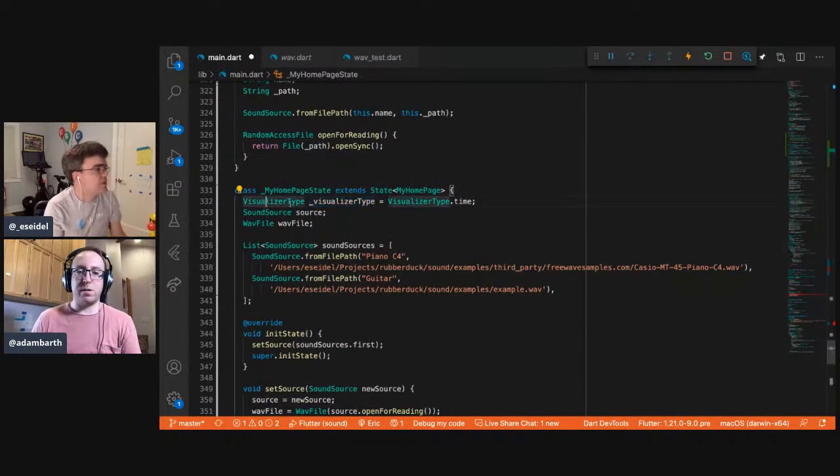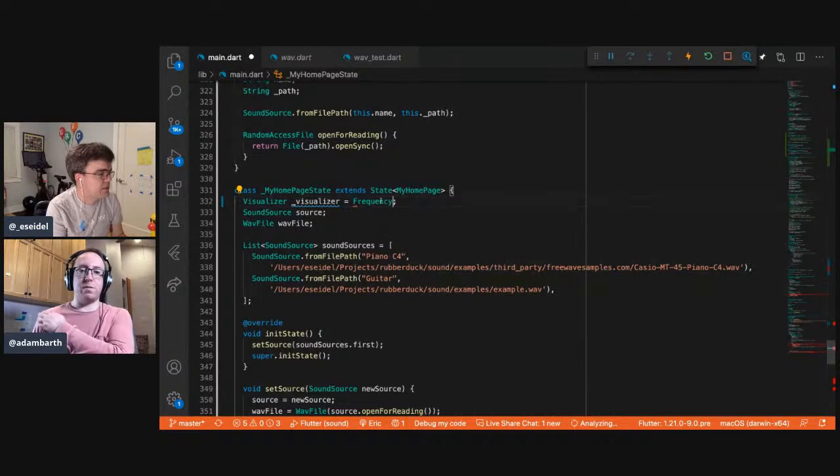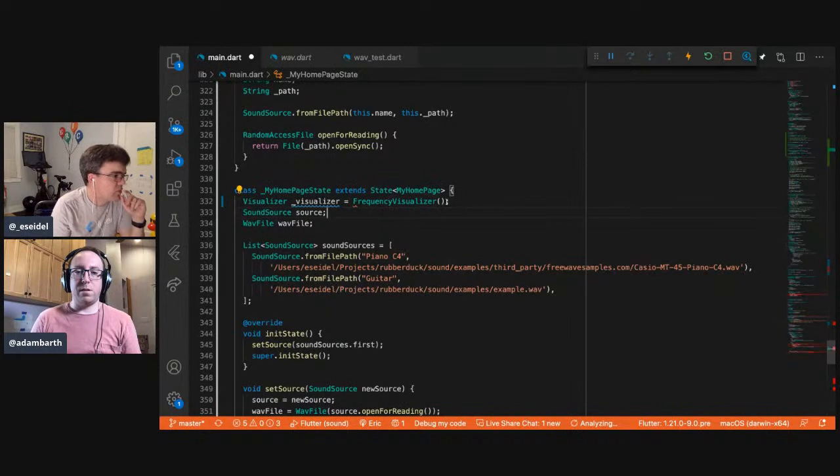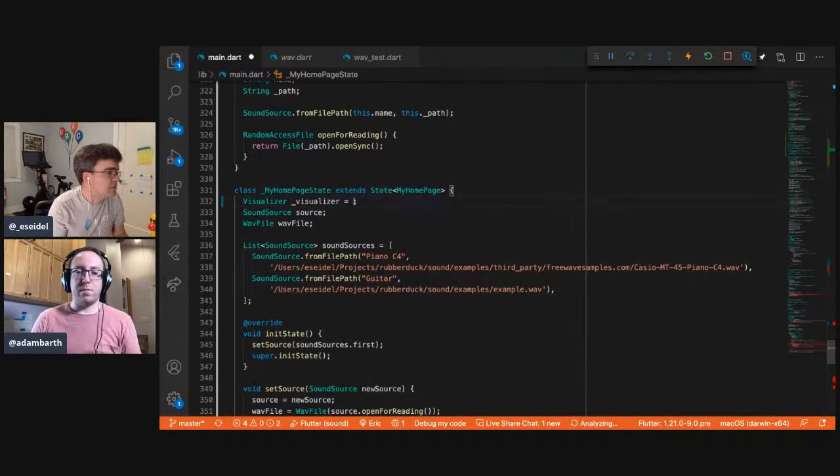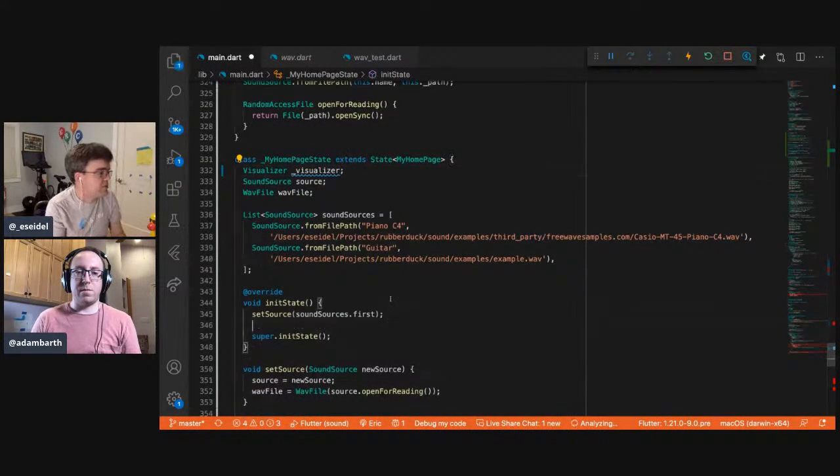Yeah, right here. So this becomes the visualizer. It's fine, some top level thing. And what is the one that we're working from? Frequency. Later, or we can make this null. Start with... Whoa, what happened? And then we can do a similar sort of set visualizer.